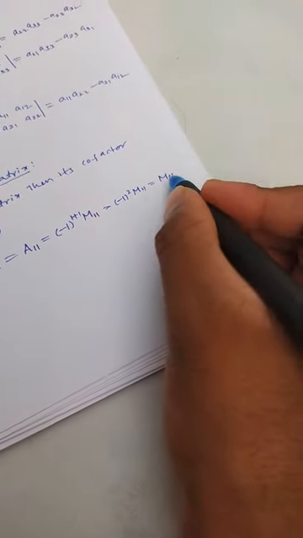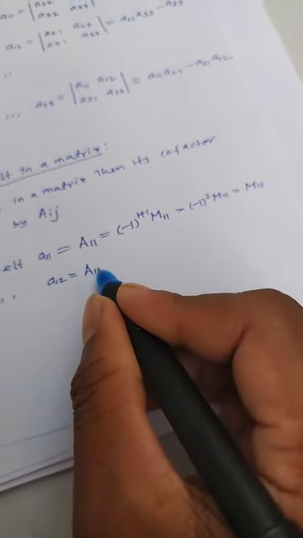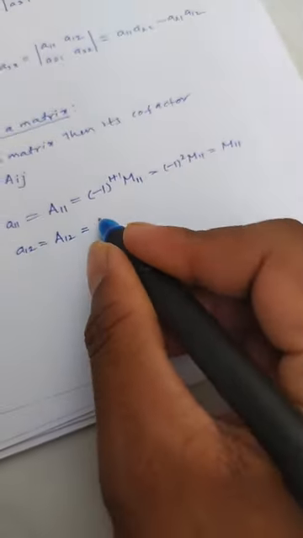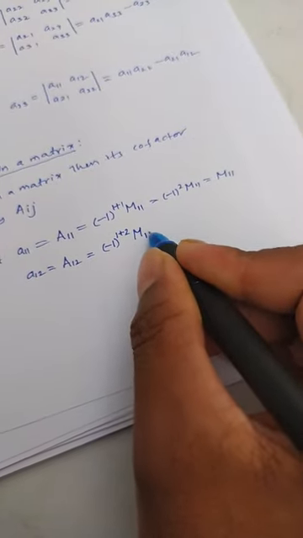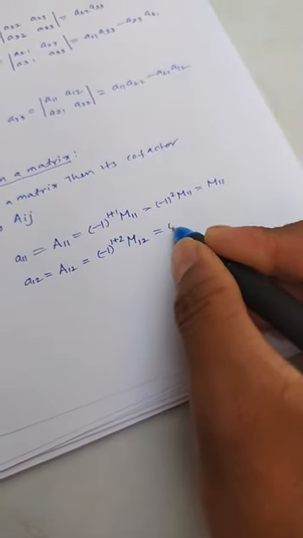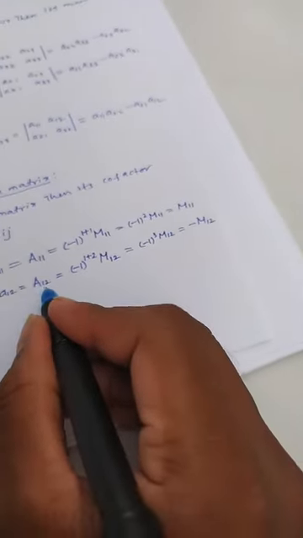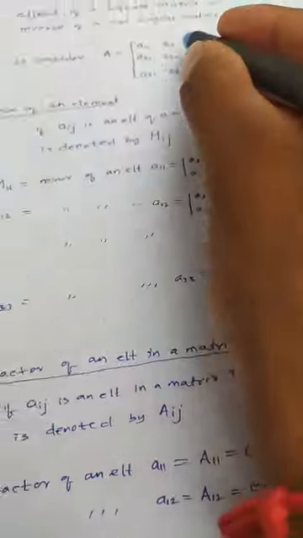Similarly, the cofactor of the second element: to find the cofactor of the second element A12, denoted by capital A12, to assign the sign we have to take minus 1 to the power of first row, second column, times its minor M12. So minus 1 to the power of 3 times M12, minus 1 cubed is minus M12. Minus M12 is the cofactor of the second element A12. Similarly, we can find the cofactors of each and every element in this matrix.